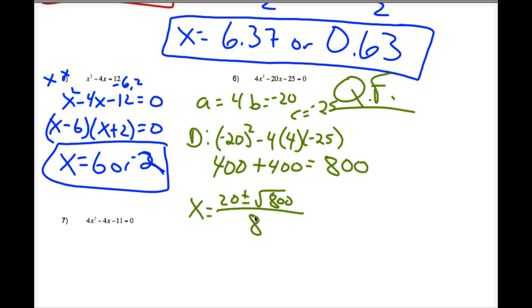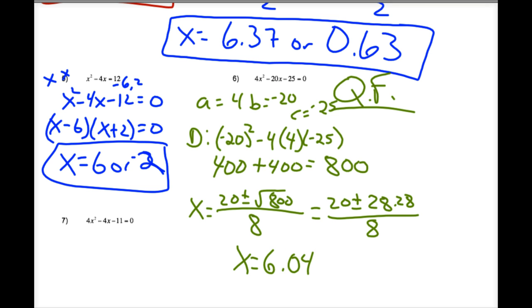2 A's. The square root of 800 is 28.28. What's the square root of 800? 28.28. Divided by 8. Hank is typing that in. 20 plus 28.28 equals, divided by 8, 6.04. Somebody verify that. Or 20 minus 28.28 equals, divided by 8,